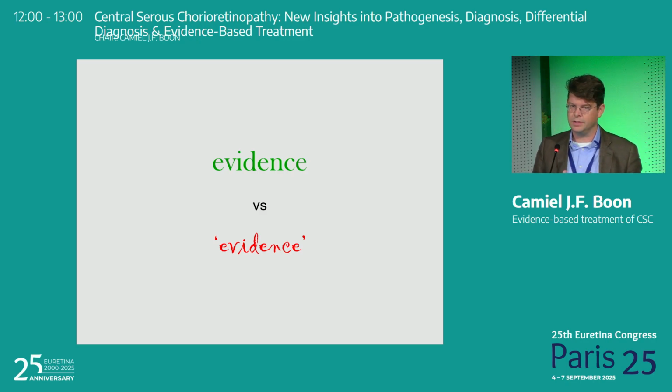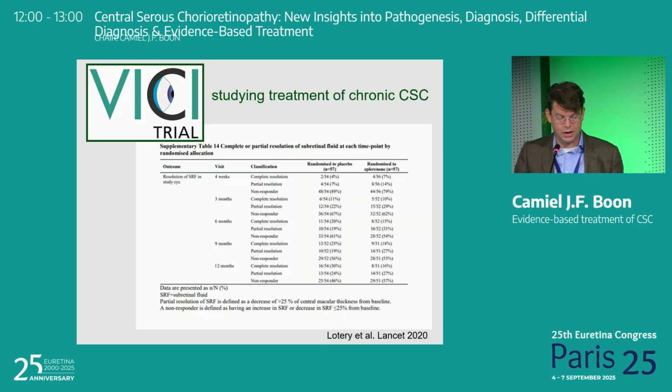Over here, I think this is a disease par excellence where it is very important to take into account whether or not the evidence is strong. Because if there's one slide that I would recommend you to remember, it's this one, and Elon already shortly alluded to this. This is a supplementary table, which is actually buried somewhere in the online-only supplements of the VICI trial. The VICI trial was the first prospective randomized controlled trial from the UK, investigator-initiated, that compared oral eplerenone treatment to oral placebo treatment. Now have a look at this.